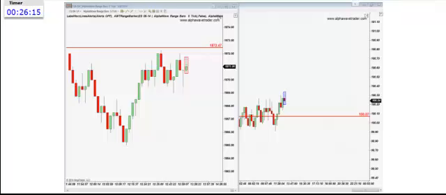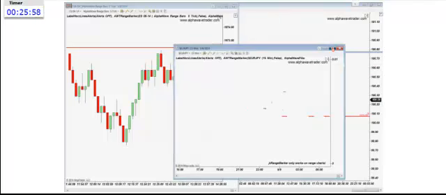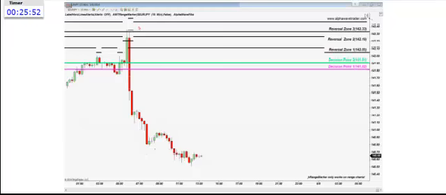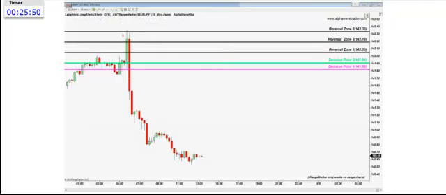Euro Yen 15, not 4 hour, correct? 15 minutes coming up. Marvelous and beautiful collapse as expected. Here's Euro Yen 15 minutes. Beautiful shorting opportunity. And this is again what we're emphasizing to our students.